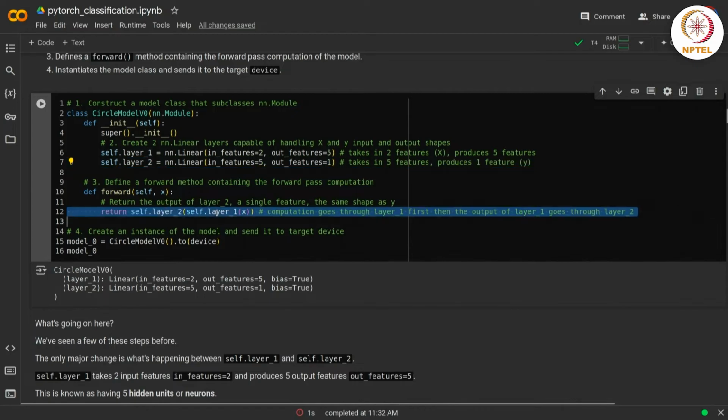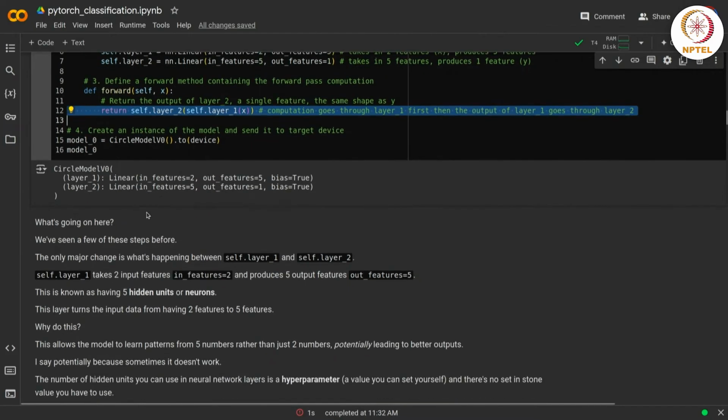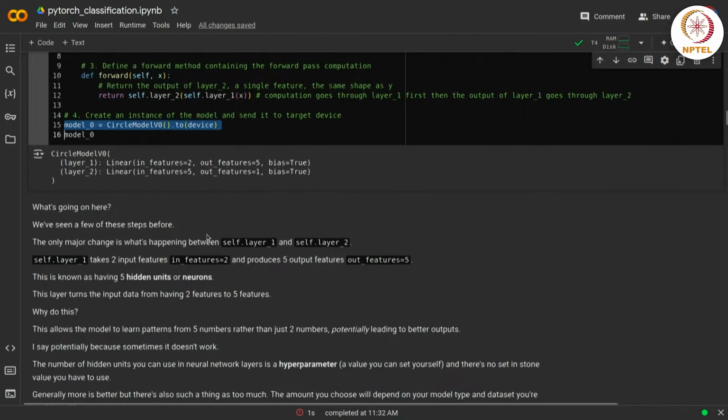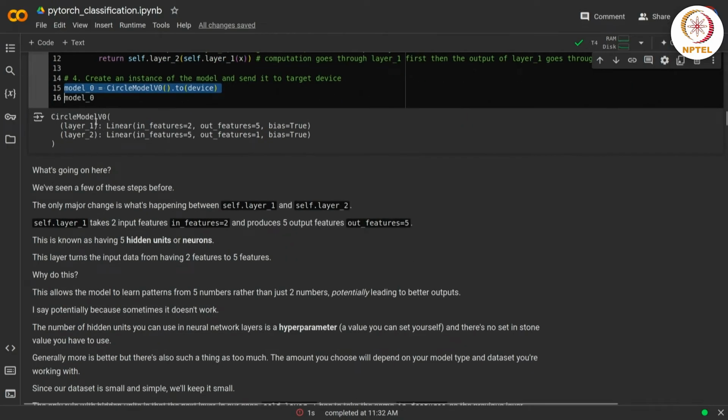And in forward we are defining, let's say an x comes through, how would it propagate? First it will go through layer 1, after that the output of layer 1 will go through layer 2, right? So using that class definition, we have instantiated a model called model 0. And if you print that model, you can see that these are all the layers, these are all the weights,